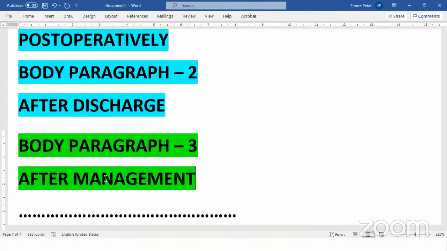So post-operatively. Now what I'm going to do is, you already understood what it is. After management, you have to have a review, checkup, sutures removal, and all the other things. Follow-up appointment. They will come in the last body paragraph. So what will come there? So after so many days, 2 weeks or 3 weeks or whatever it is, after that time, that is very important.